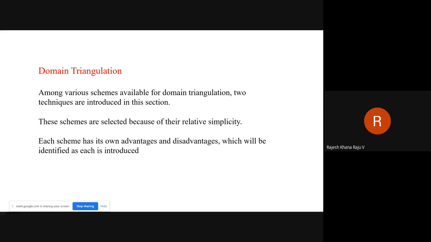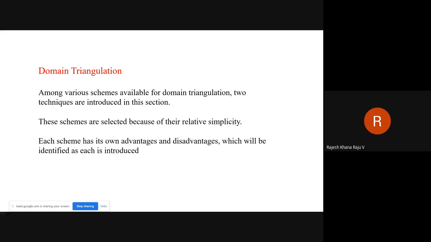At the same time, he wants it to be very efficient, so that there may not be any problem in your numerical calculation, and he won't lose any sort of reality from your original geometry. So that's why people will try to create different schemes depending upon their choice.